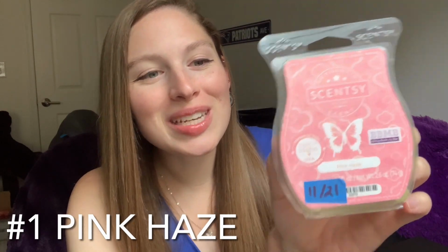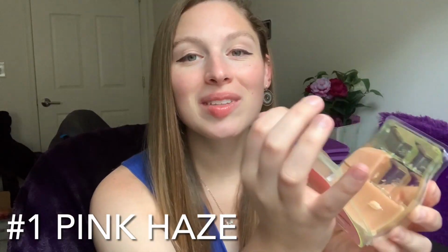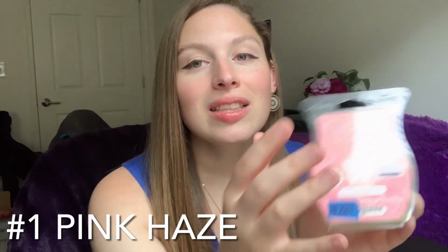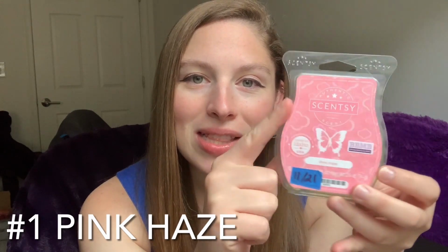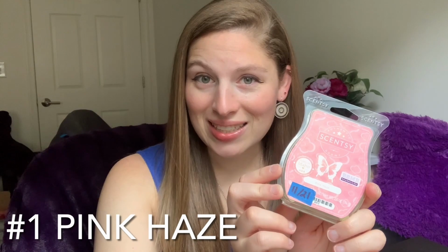I'm going to start with number one, and that is Pink Haze. You've seen this one in a few videos now. I use one cube at a time, so it's going to take me a little while to use this. Just looks like that on the inside. This was a Bring Back My bar in November of 2021, so that's when I bought this one. It is discontinued from the Scentsy website as of right now, but there is always the possibility that we will see the scent again. So Pink Haze is a sweet confection of berries, nectarines, and vanilla-laced whipped cream nestled in